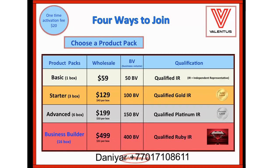But if you can afford the Business Builder Pack, this is where you want to come in, and I'll explain why in a minute. Here in Valentus, we get paid based on business volume, and each product pack has a business volume attached to it. As an independent rep of Valentus, you're going to maintain 100 BV business volume per month as a loyalty purchase, which keeps your rank active, and of course then brings product